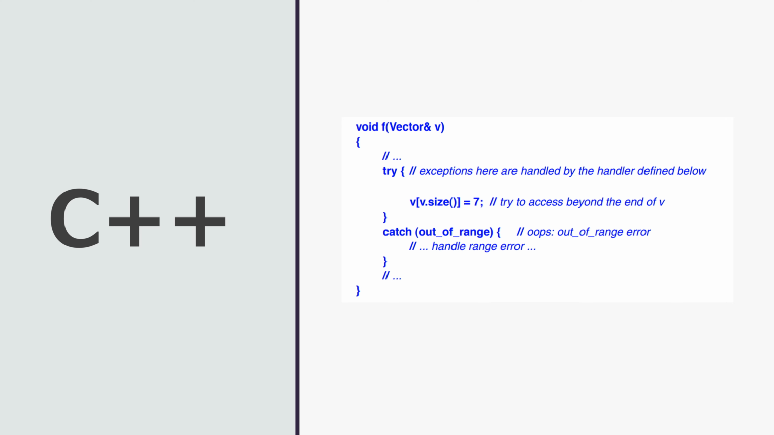void f(vector& v) { try { // exceptions here are handled by the handler defined below v[v.size()] = 7; // try to access beyond the end of v } catch (out_of_range) { // oops: out_of_range error // ... handle range error ... } }